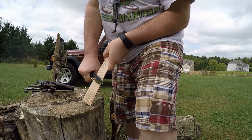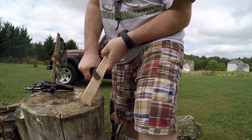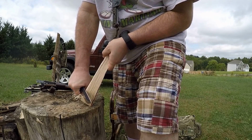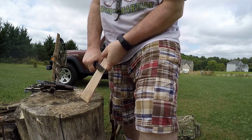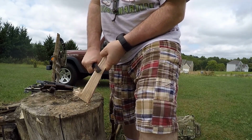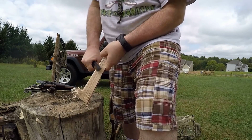I'm not the best at feather sticking. I'm really not. But a good Scandi grind makes it easy. Alright, you see those wispy little feathers? And I tell you, it can chunk out bigger ones too. I mean, no problem. From wispy little feathers to honking big ones that you can feed a fire